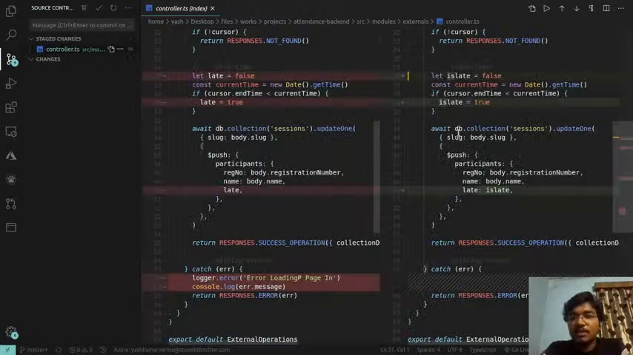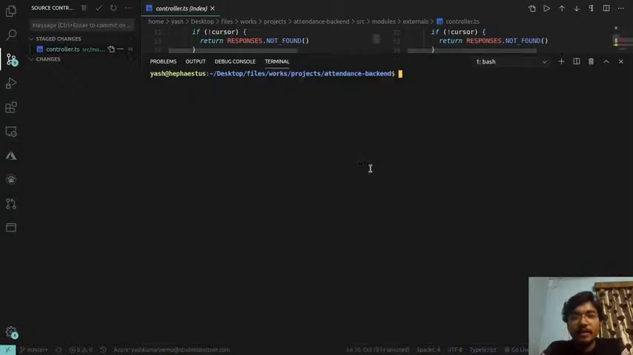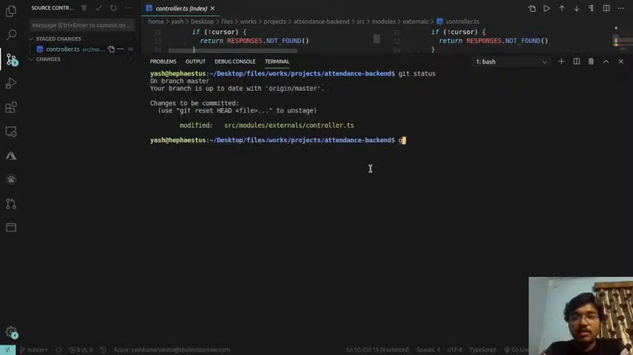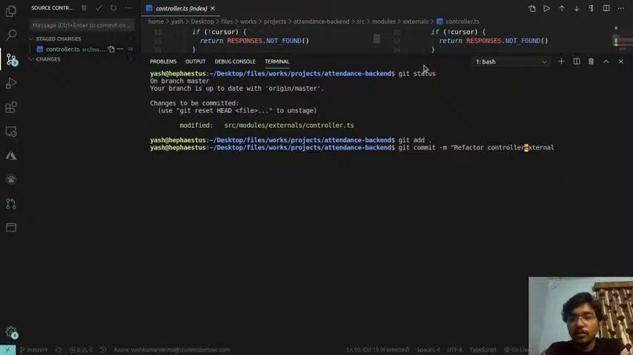Okay, we just change some variable names, and that's called refactoring. Those of you interested, quickly search up the term refactoring and see what exactly it is. You do git status, I say git add all, git commit, and say refactor controller, and say external